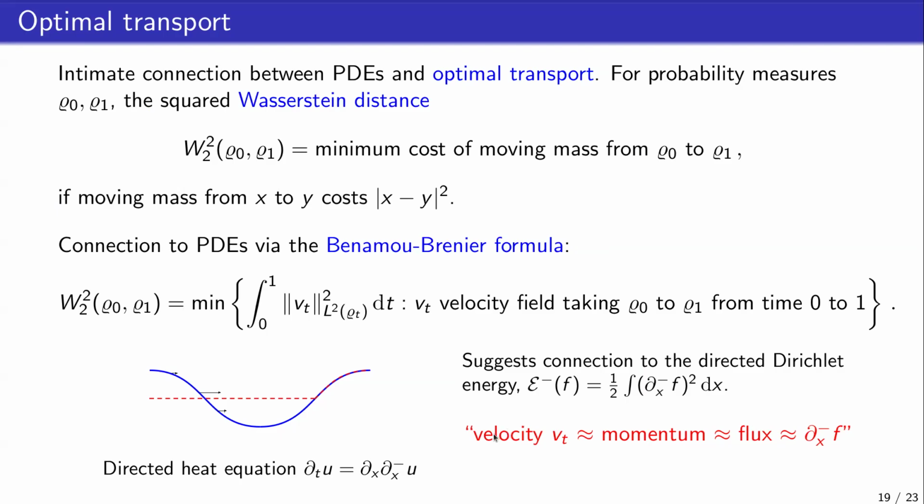Okay. And then I hand-wavily argued here that this integral of the velocity is essentially the same as this Dirichlet energy because I'm basically making an equivalence between velocity and momentum. It turns out that this works up to some constant factor for our setting. So the point is that at time zero, this integral here will be essentially equivalent to my energy functional, which is integrating these derivatives. So that's good. But to argue that the Wasserstein distance is small, I need to argue that not only at time zero is the right hand side small, but when I integrate over all time it is going to be small. But since I showed that this decays exponentially, it's dominated by the initial value.